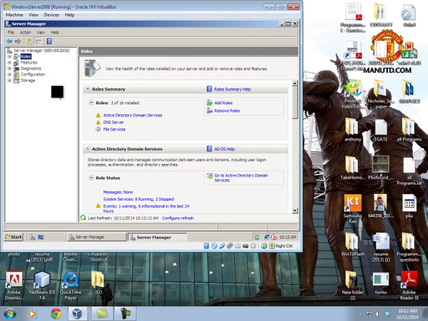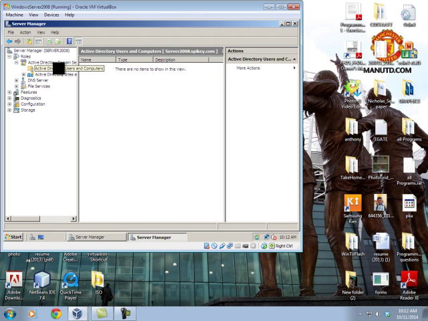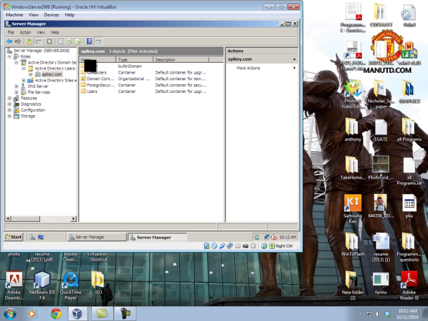Go into your server manager, go on roles, go on Active Directory Domain Services, go on users and computers. Alright, you want to click on my domain, whichever your domain is, click on that domain. Go into users,